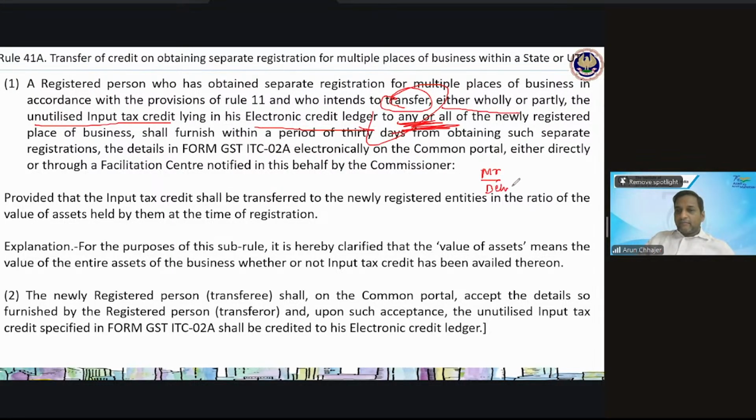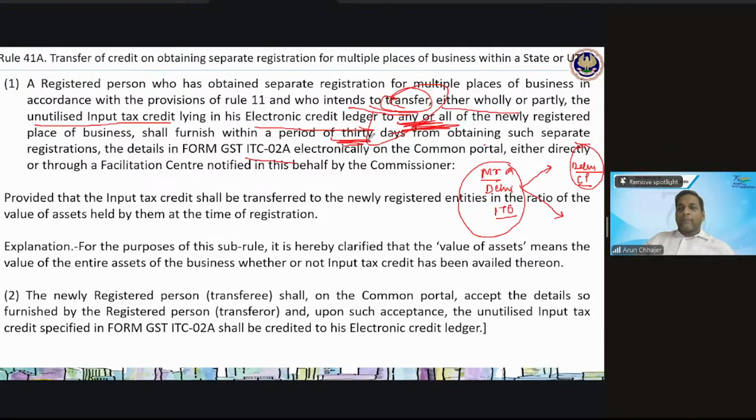registered in Delhi. Now he has Delhi, let's say it is in place is ITO. He has taken one more registration in Delhi, let's say Kannada Palace. Then Mr. A for Delhi ITO, if he intends to transfer the whole or part ITC to the new registration, then he has to furnish within 30 days ITC 02A